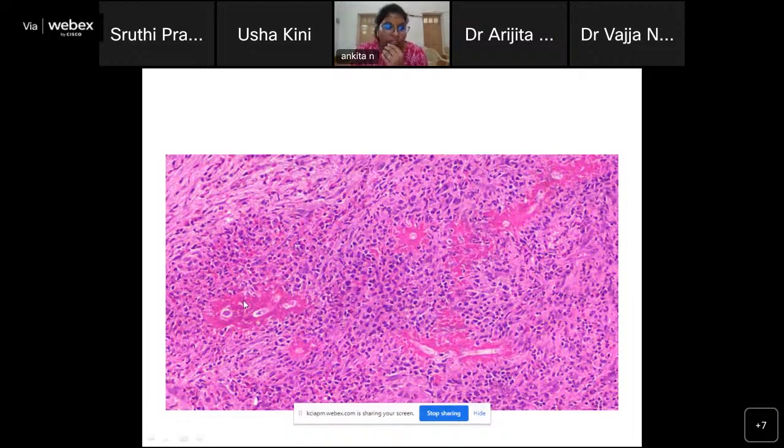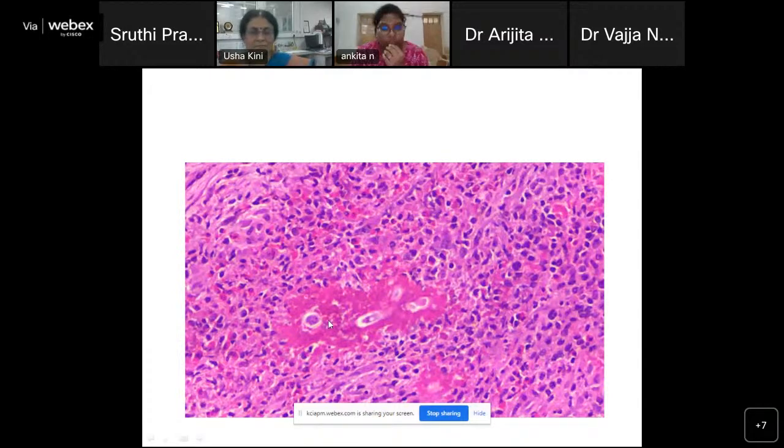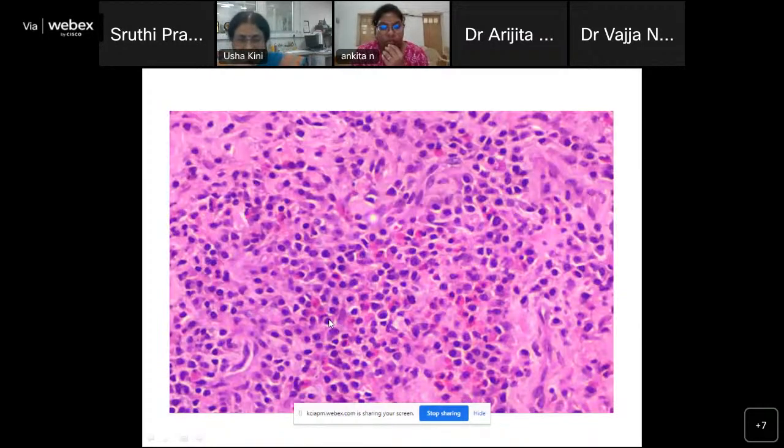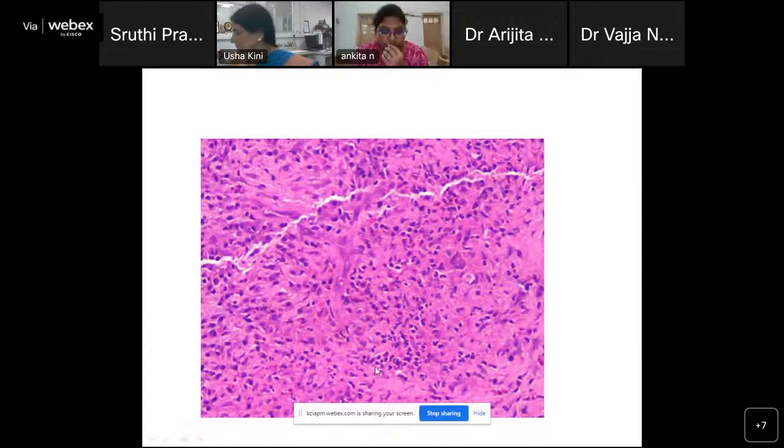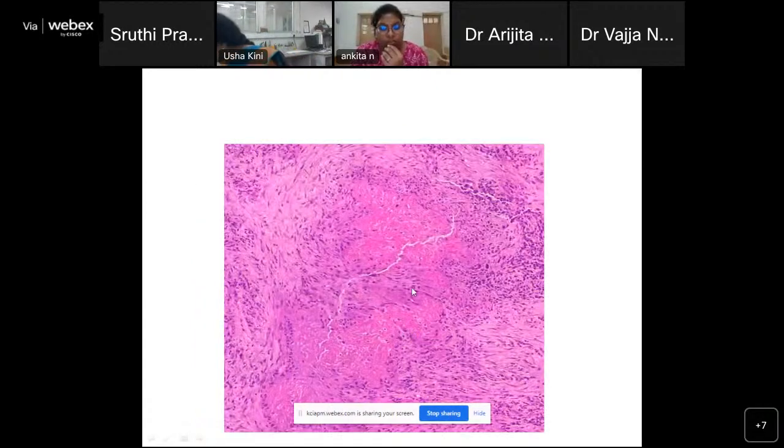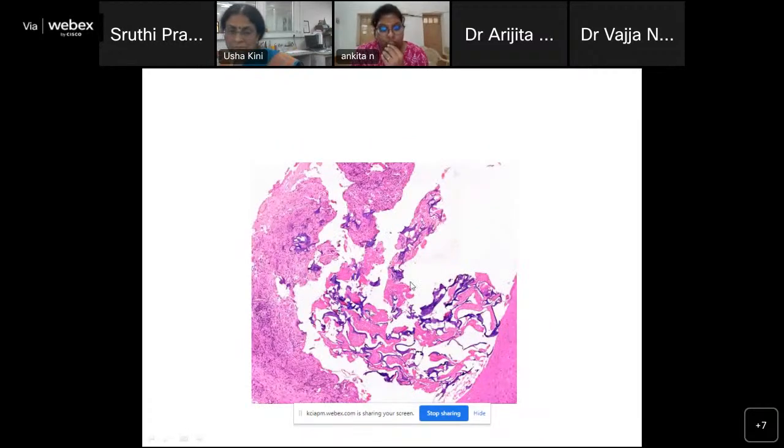Also, we are seeing here the blood vessels have undergone fibrinoid necrosis, and we see plenty of eosinophils and lymphocytes around them. This is another view of the same fibrinoid necrosis of the blood vessels. We also see a mixed inflammatory infiltrate, predominantly eosinophils, plasma cells, lymphocytes, and also neutrophils. There's also a focus where geographic necrosis was present, and an area that had cartilaginous and osteoid material.